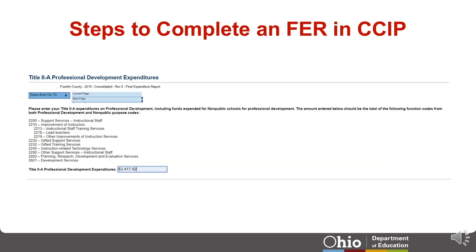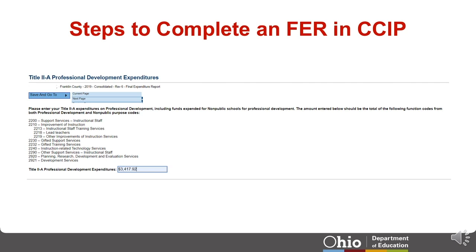When completing the Consolidated Application Final Expenditure Report, the next page you will see is the Title 2A Professional Development Expenditures portion of the FER. You will enter your organization's Title 2A expenditures for professional development. The amount entered should be the total for both the professional development and non-public purpose codes listed. Please note that this page is used by the Office of Federal Programs and does not affect the expenditures reported elsewhere on the FER. For questions regarding this page, contact your Consolidated ODE application contact listed in the CCIP address